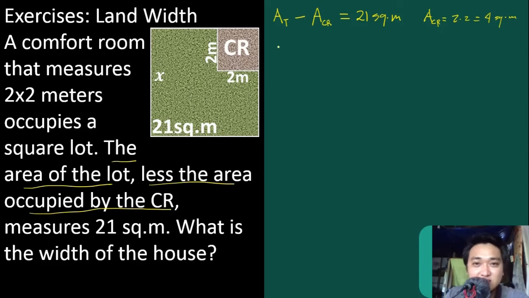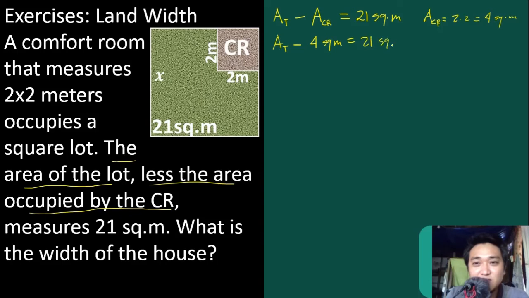So, in that case, the area occupied by the CR is 4 square meters. All we have to do now is to replace the values. So the total area minus the area occupied by the CR, which is 4 square meters, is equivalent to